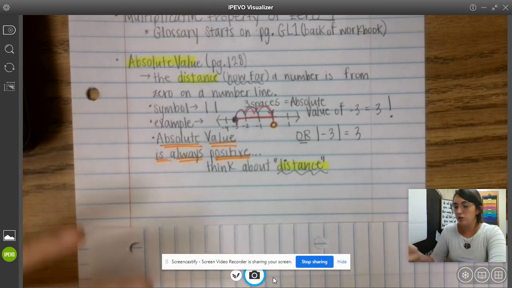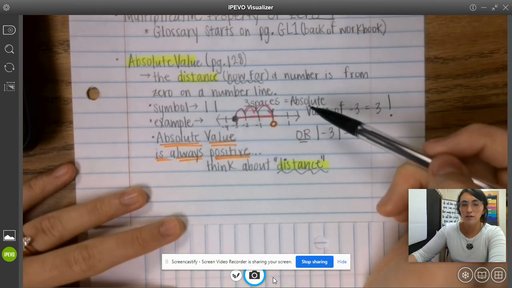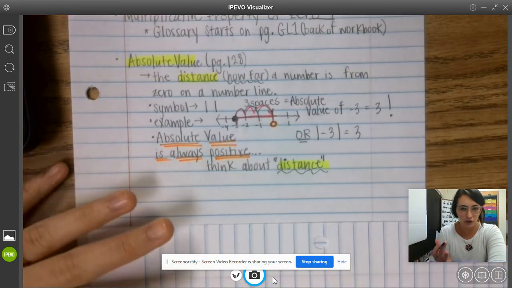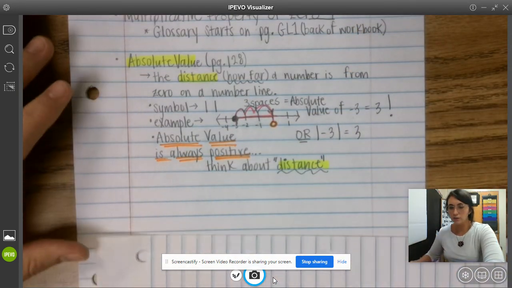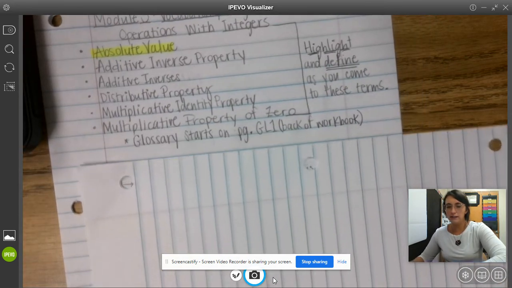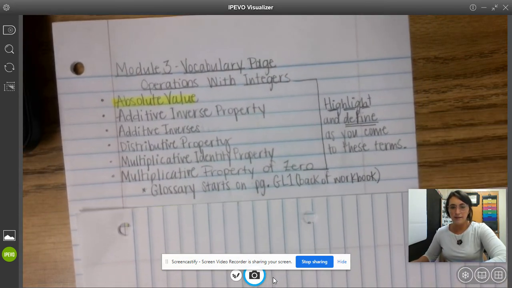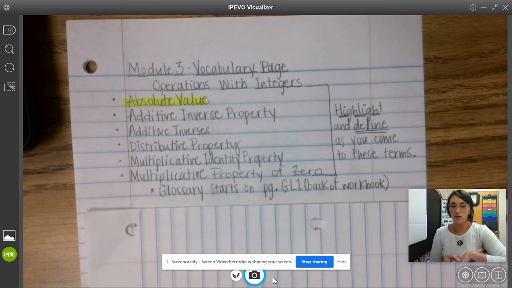So when you go to your vocabulary page, you're going to be able to add the stuff that works for you, okay? So real quick before the video cuts me off, this right here is all you need on your page right now, okay? Go ahead and knock it out. Get it in that 3-ring binder. That's going to be what we use that binder for now, okay, when we come back to school, we'll get it